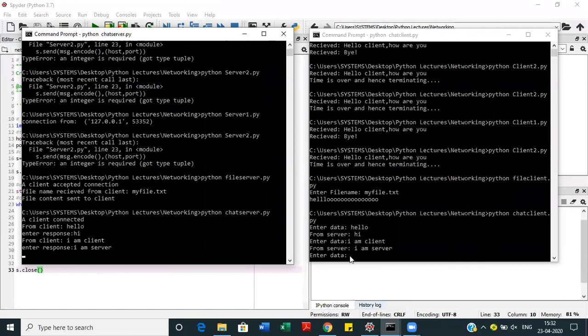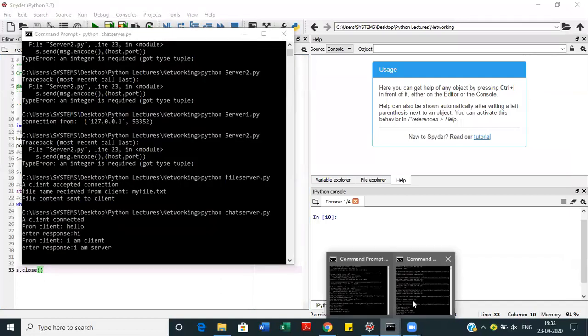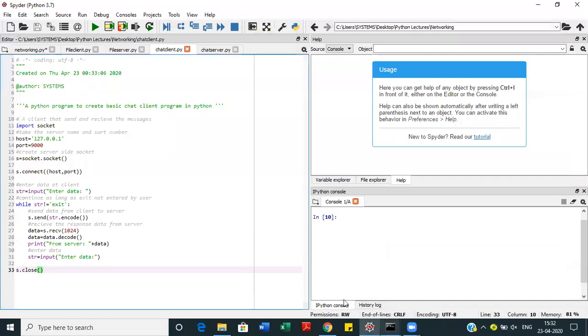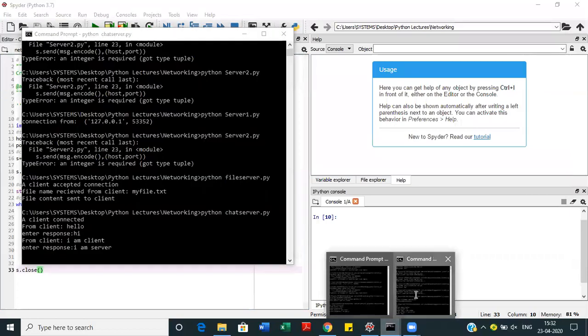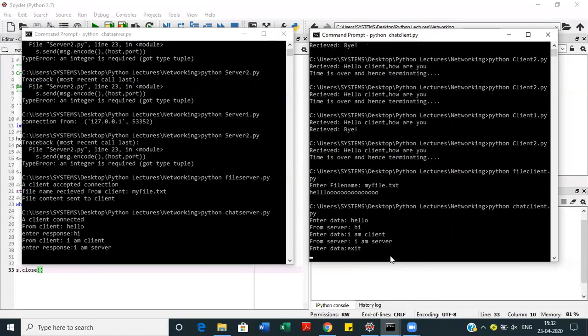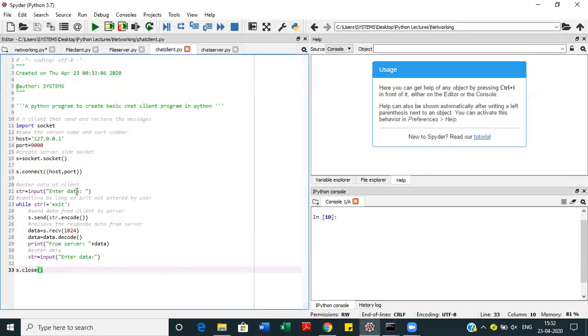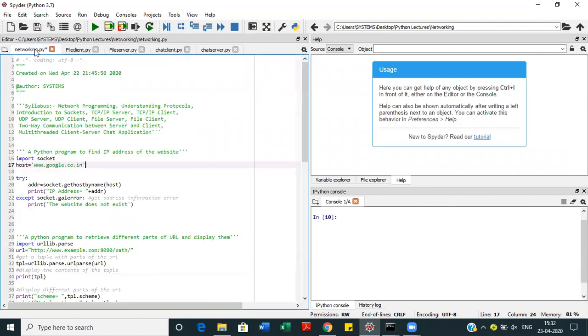So it will go on and on till the time we give the string exit at the client end. As soon as I typed exit and pressed enter, this communication got terminated because the while loop got terminated. So it is all about two-way communication between server and client.